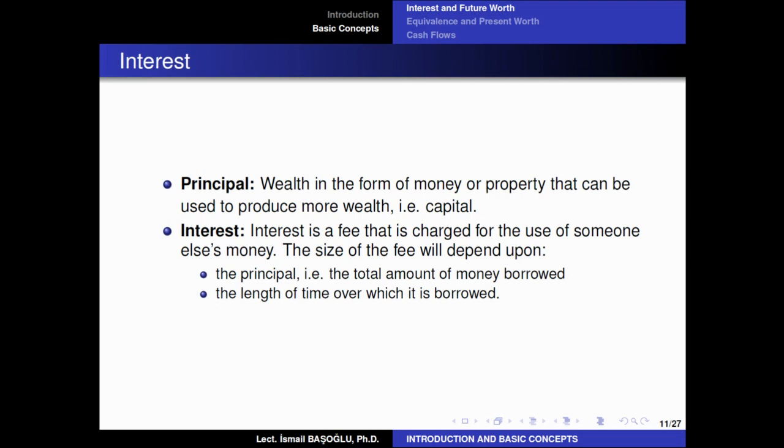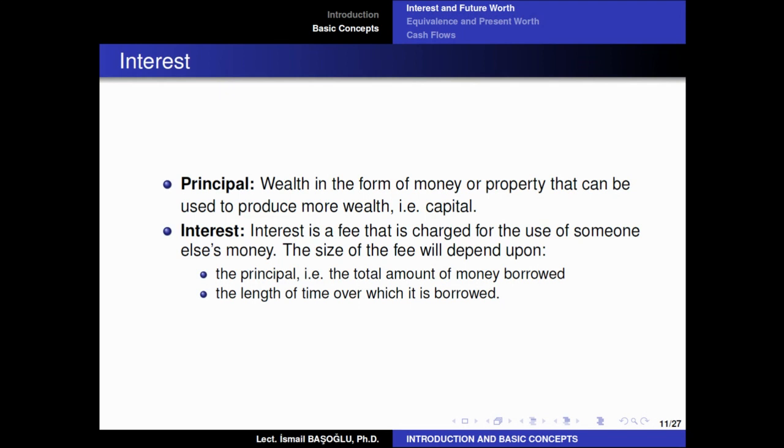And now we can learn about the interest. Now, let's just say you have 100 Turkish liras right now in your pocket, and I'm asking you this: give me that 100 Turkish liras, and I'm going to do something with it, okay? I'm just going to purchase something with that 100 Turkish liras, and I'm going to repay it to you in the future, 3 months from now. I'm just going to keep that 100 Turkish liras away from you for 3 months, and at the end of the third month, I'm going to repay it to you as 100 Turkish liras.